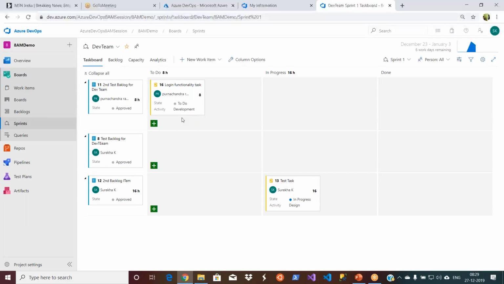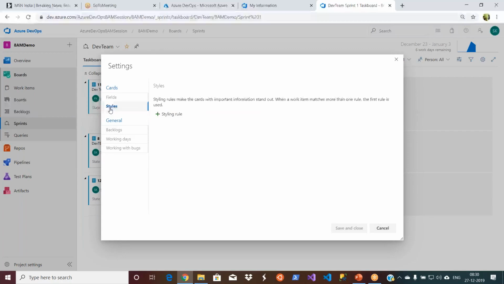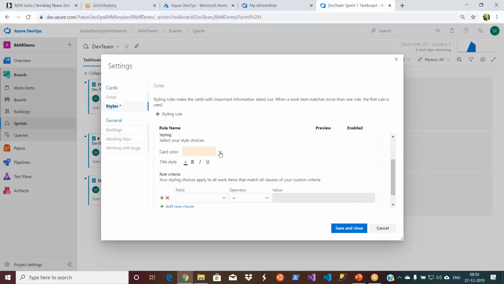There is one more way to customize this one. You can apply the styles actually. So this is the last one, we will see it, and then we'll go to the other one. So how you can apply some styles to this task board actually. So we went to this settings, right, configure team settings. Just open it. So you have the styles option here. Okay, what I'm going to do, I'm going to apply one style. I'm just giving some name as a test style, and I'm going to apply some color code to the boxes that I see in there actually.